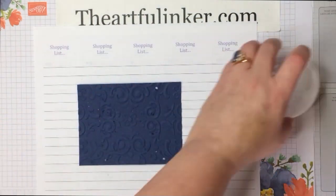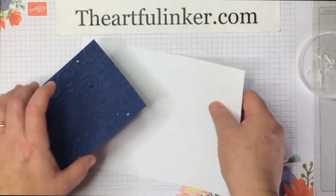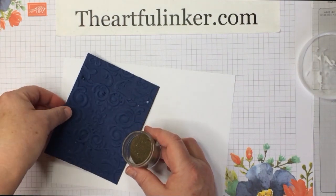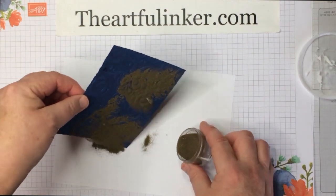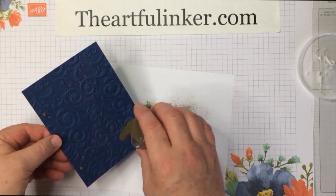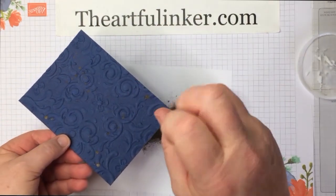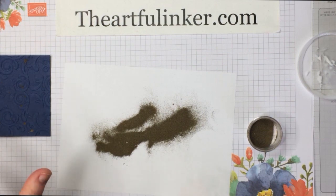That'll do. Pop this out of the way, take this out of the way just in case it got wet, and grab another piece of scrap paper. And I've got my gold Stampin' Emboss powder, and I'm just going to sprinkle that over all of the splatter. And this is the molten embossing technique. I love it because once you heat it, it gets all bubbly and nice. So let me take this and heat emboss it, die cut our pieces, and we'll come back and start the